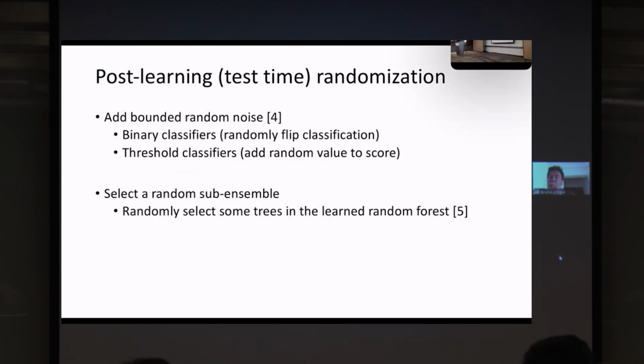The other possibility, if you use, for example, ensemble learning, is to select a random sample. So, for example, if you use bagging, essentially you randomly select the subset of trees that you use for the decision. The problem with this is that you pay in terms of efficiency, so the decision takes longer.